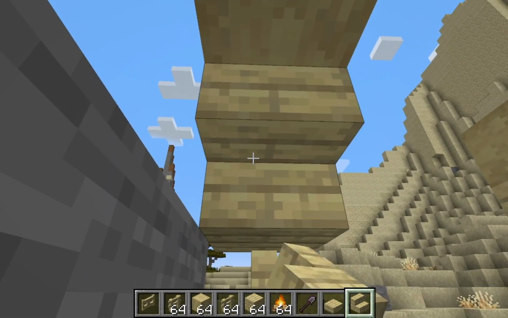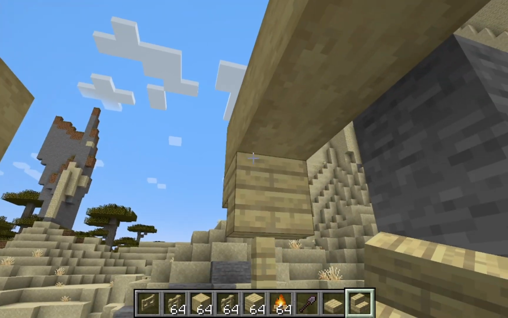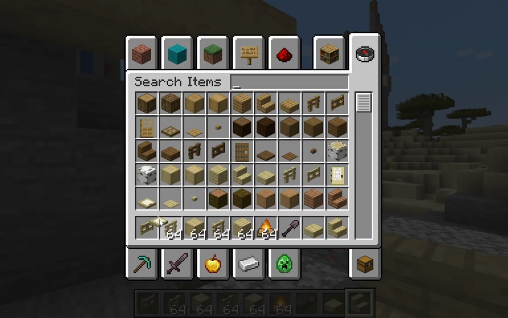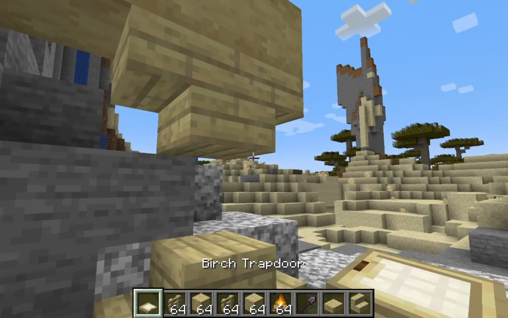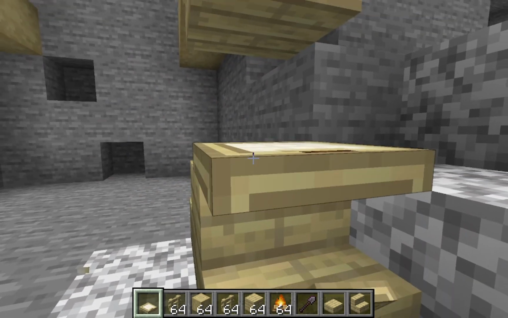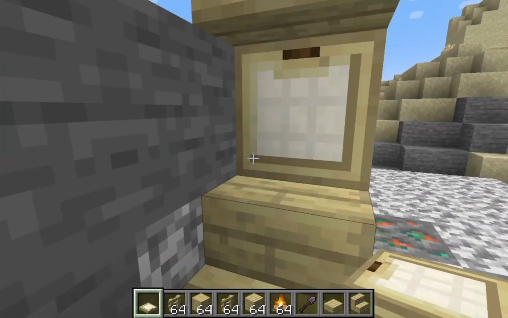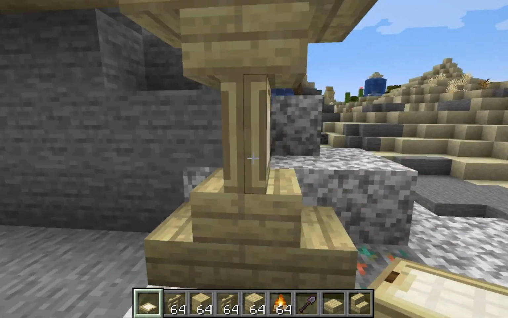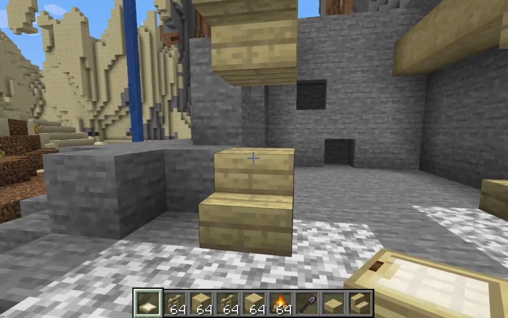Now to make a back to these pillars, I added some more stairs. Then while looking at it, I decided I did not like the fences and I wanted to replace them with some trap doors to make it more centered for my pillar. And then I had problems placing the trapdoor, but eventually I did get it placed, and then on the other